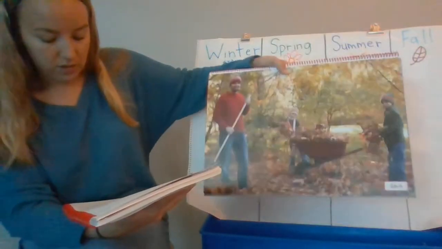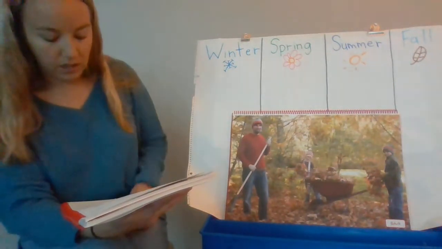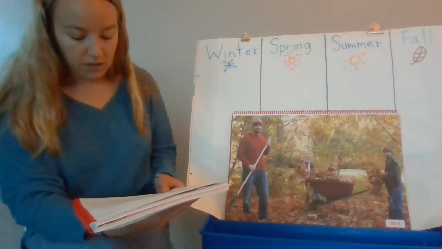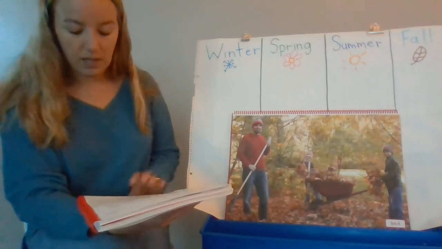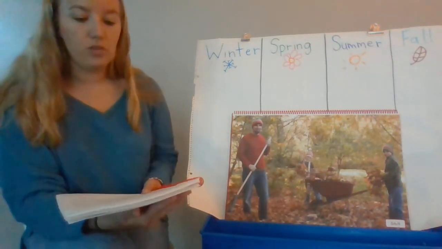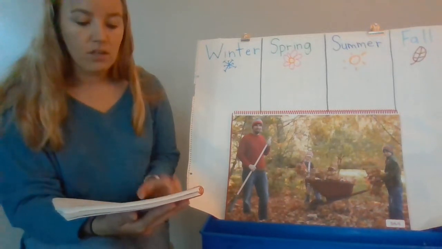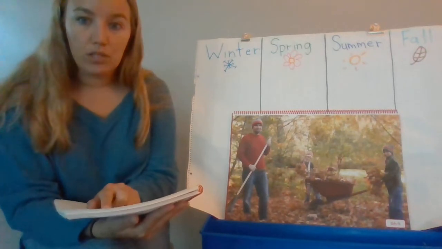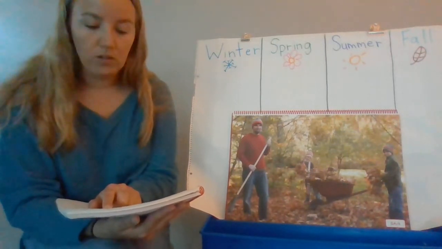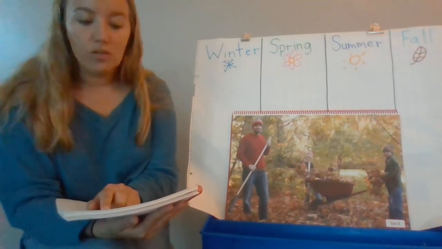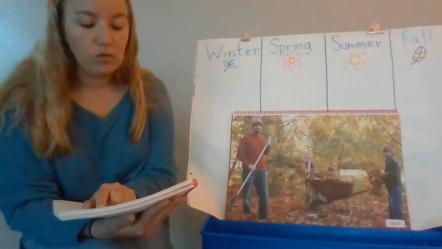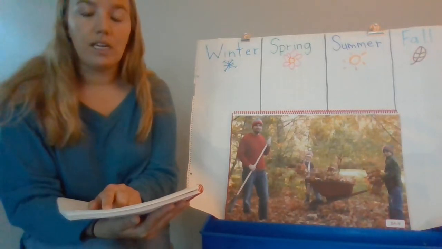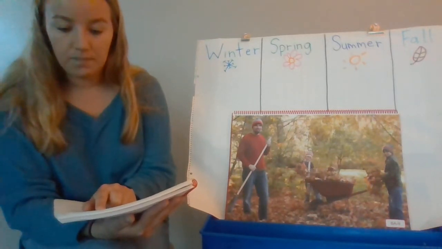Within a few weeks after the leaves of so many trees turn different colors, deciduous trees begin to shed or lose their leaves. That's why another name for autumn is fall, because autumn is when the leaves of deciduous trees fall to the ground. So remember, a long time ago we learned that there are 2 types of trees. One is evergreen trees, like Christmas trees, and those stay green all year long and they don't lose their leaves. But then we also learned about deciduous trees. Those are the ones where the leaves change colors and they fall off the tree.